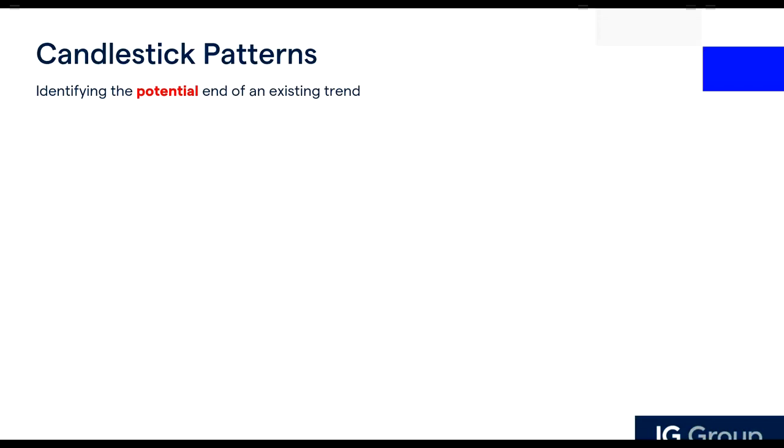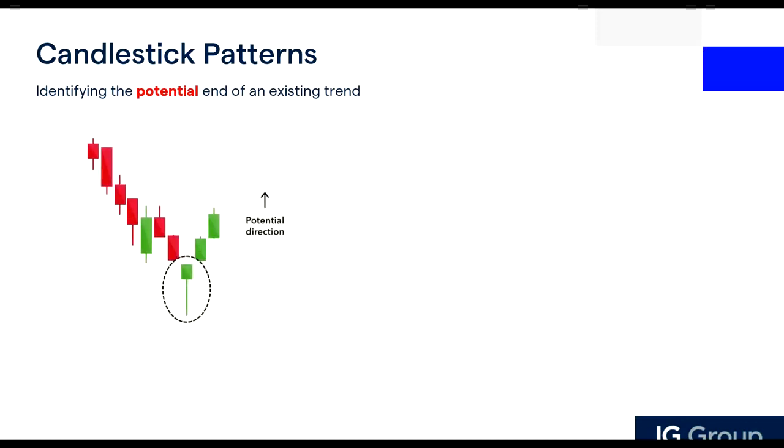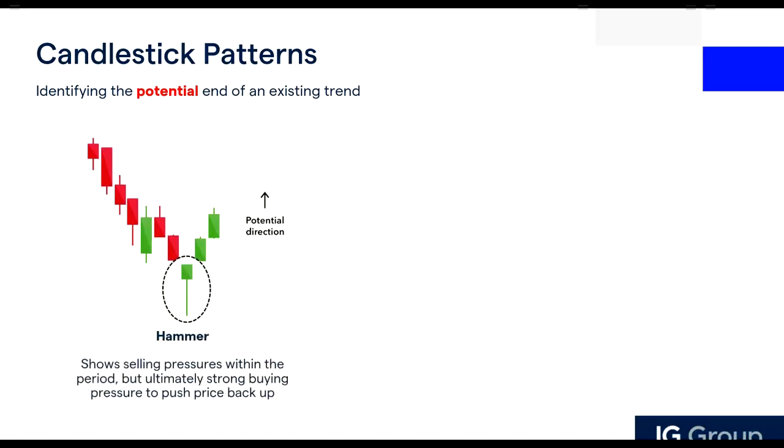Okay, so before we dive deeper, let's take a look at some of the common reversal candlestick patterns. The first one we have here is the pattern that we call a hammer pattern. The hammer pattern is a candlestick pattern where you notice that the body is a short body with a long wick.